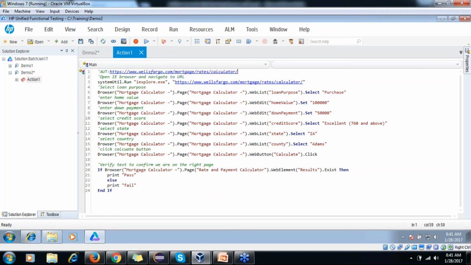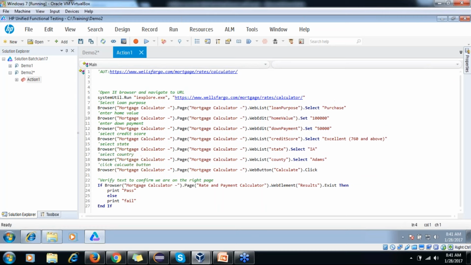So this is the beginning of parameterization of your code. Team, in VBScript there is nothing like data types.